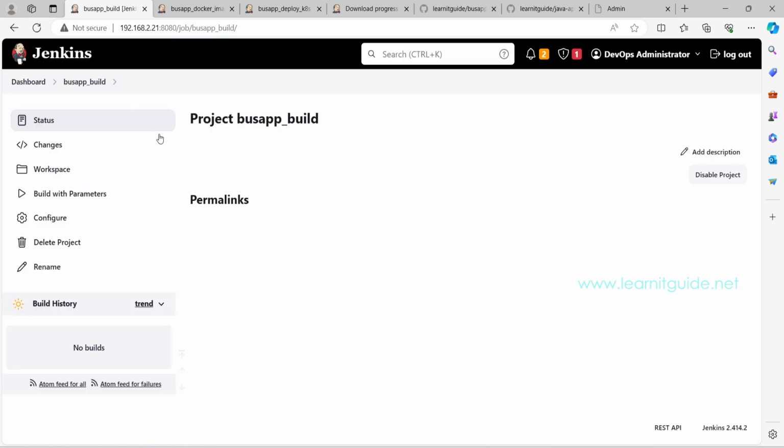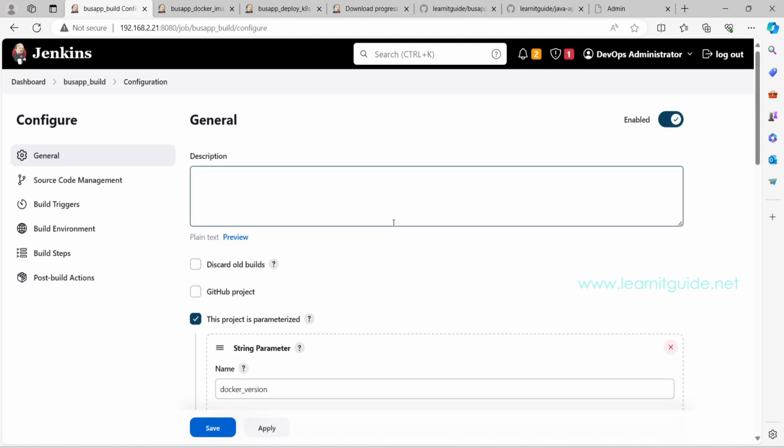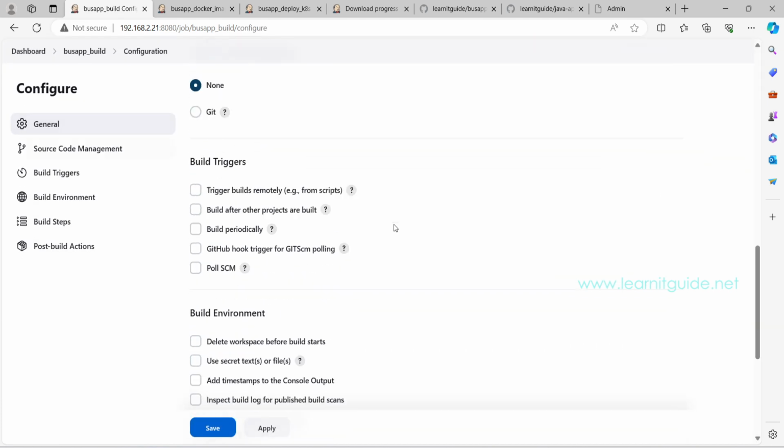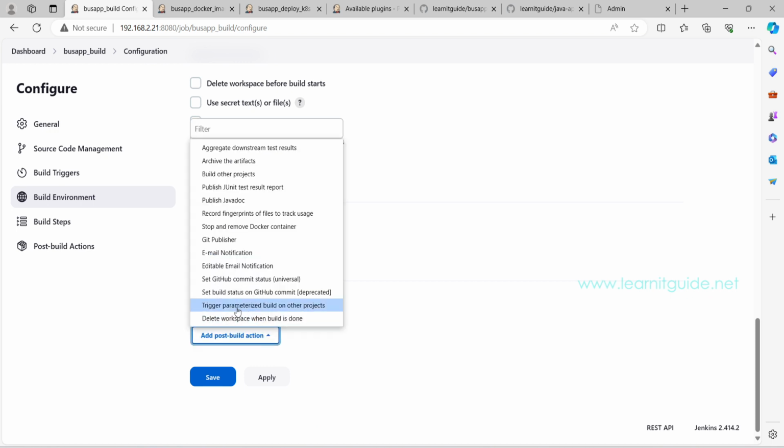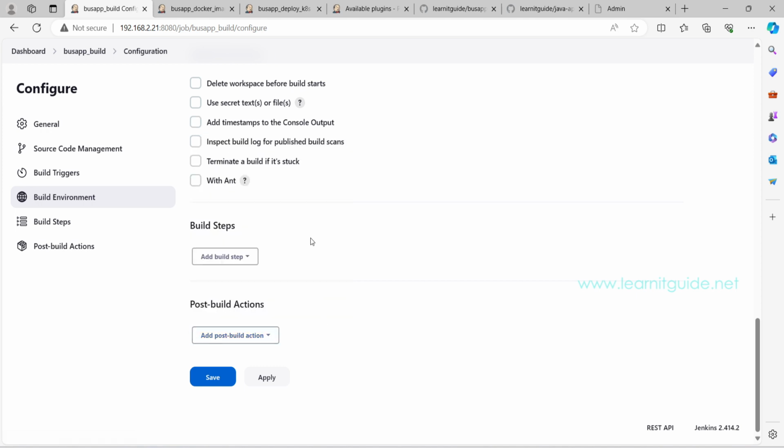Just save this page and refresh it, and again configure the page. On post build actions, we can see an option called trigger parameterized build on other projects. And why do we need this option? Because